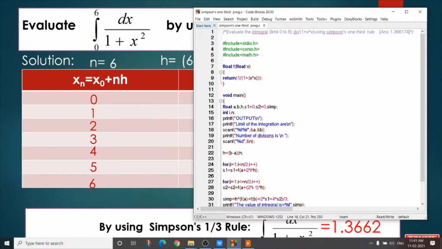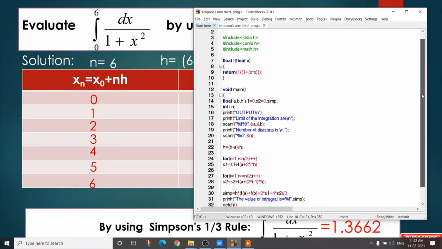Always remember you have to write the value of fx within the function. If in any different problem the fx value is changed, then you have to write that value within the function.